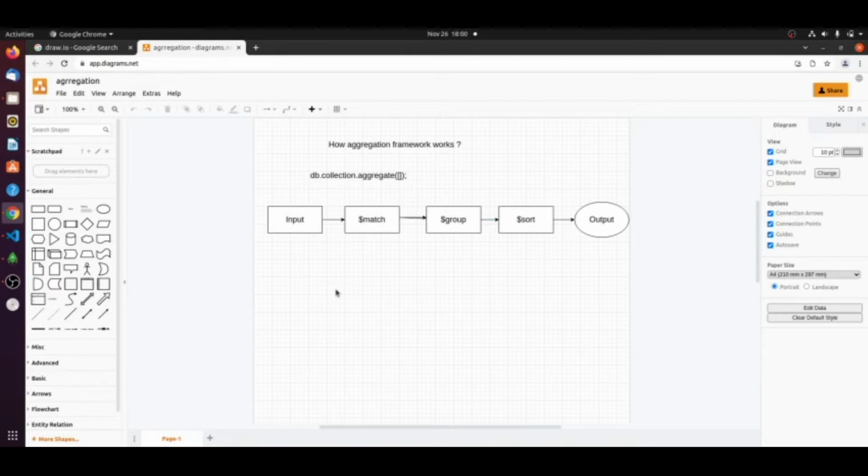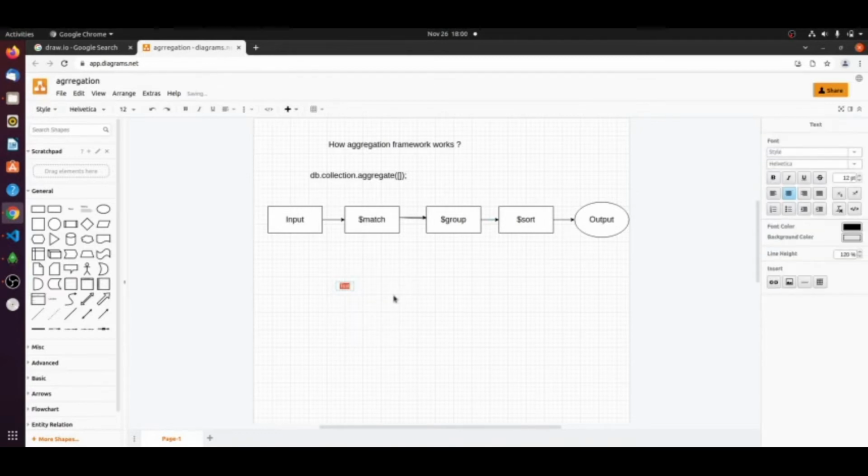The aggregate method takes two types of things.